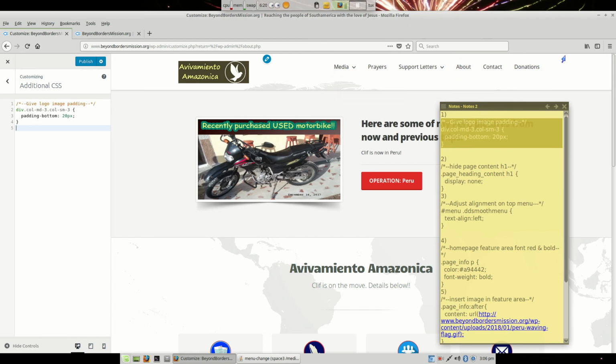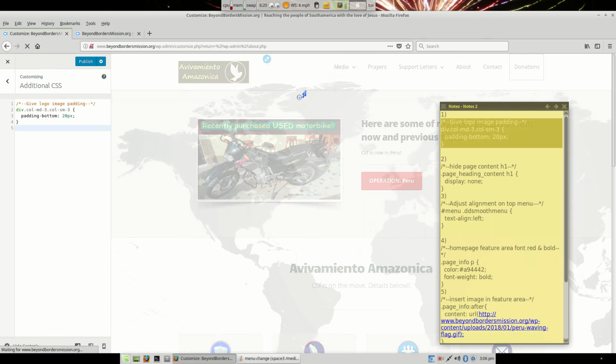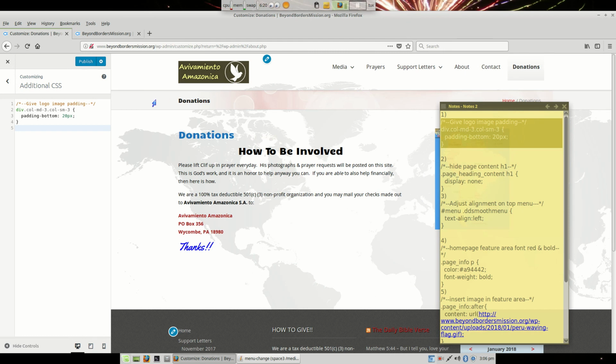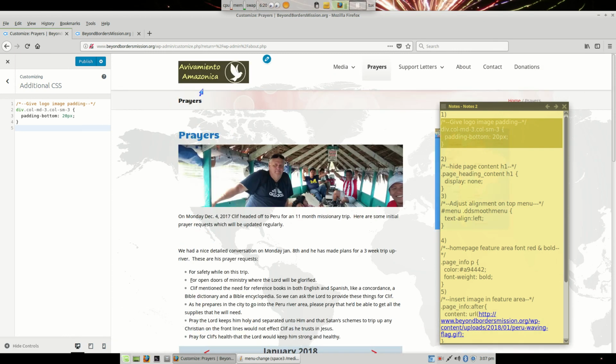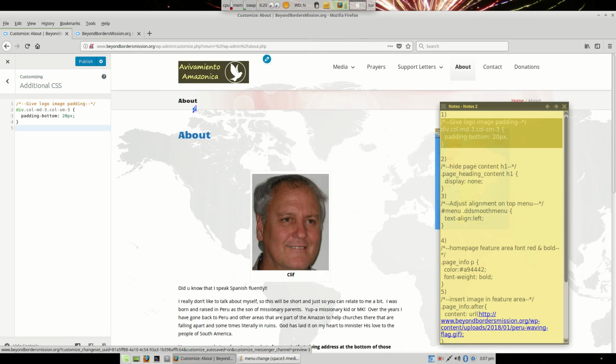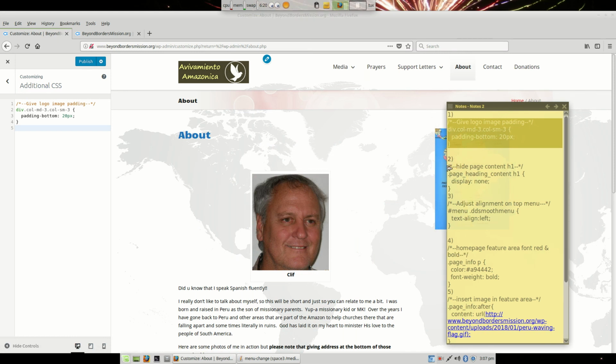Okay, something I didn't like about this theme, I don't know why, but it was putting your headers twice. So you have donations twice here. Go on your prayer page, you're going to have prayers twice. So you got once, twice. Go to the about page, same thing. You have about twice. So you can hide one of those by this display none